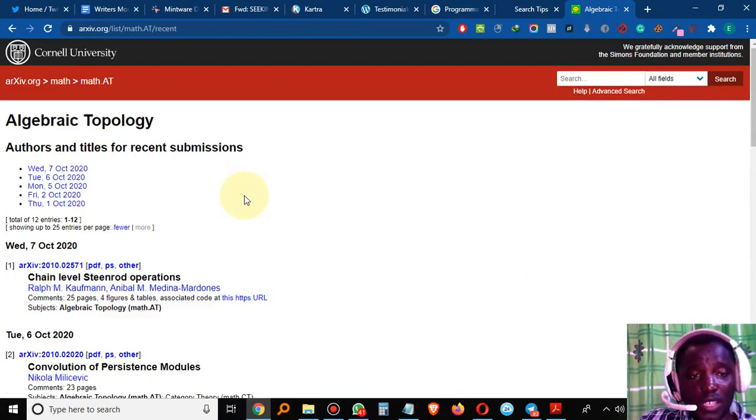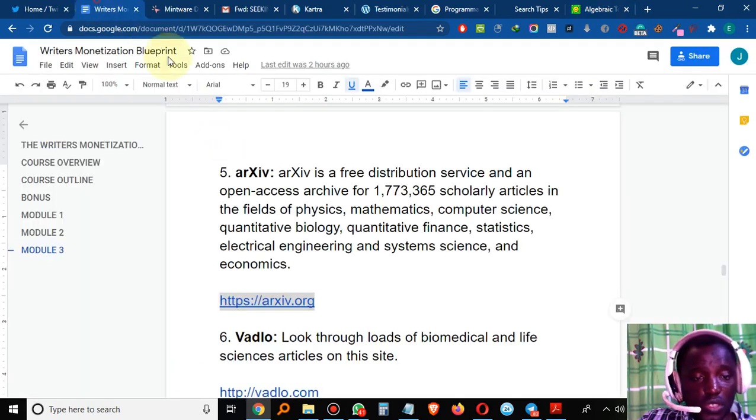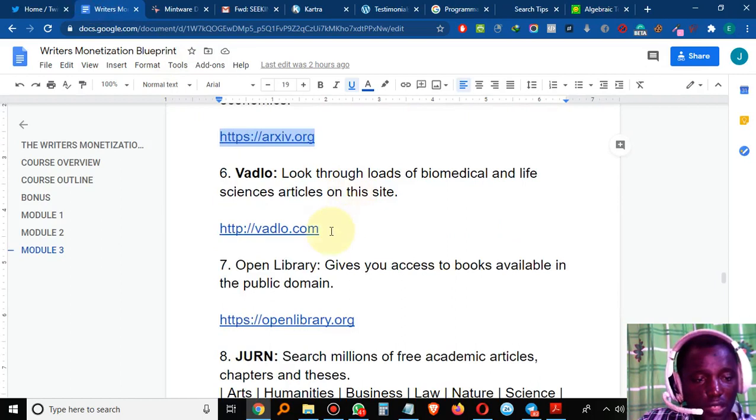So these websites that I'm showing you are websites that ease the time you spend doing your research, rather than just going to Google. Because when it comes to internet research, many people just know Google. Google is the only search engine they know, which they use for all their research work. But there are so many other websites aside from Google that you can make use of to do your research. So let's look at another one,